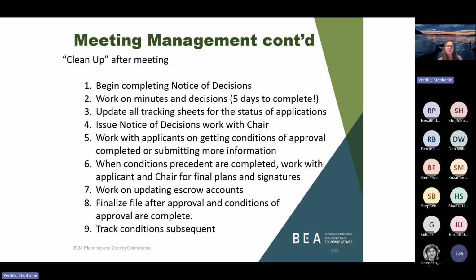We have a duty, as Steve spoke about this morning and Ben had discussed as well, from the municipal employees or staff to the planning board to work with the applicant. We're to get them through the process so they understand what's expected of them and what comes next, and that comes from the staff or the planning board member acting as staff. So, working with the applicants and with the chair if necessary, so they understand what the next step in the process is after approval.